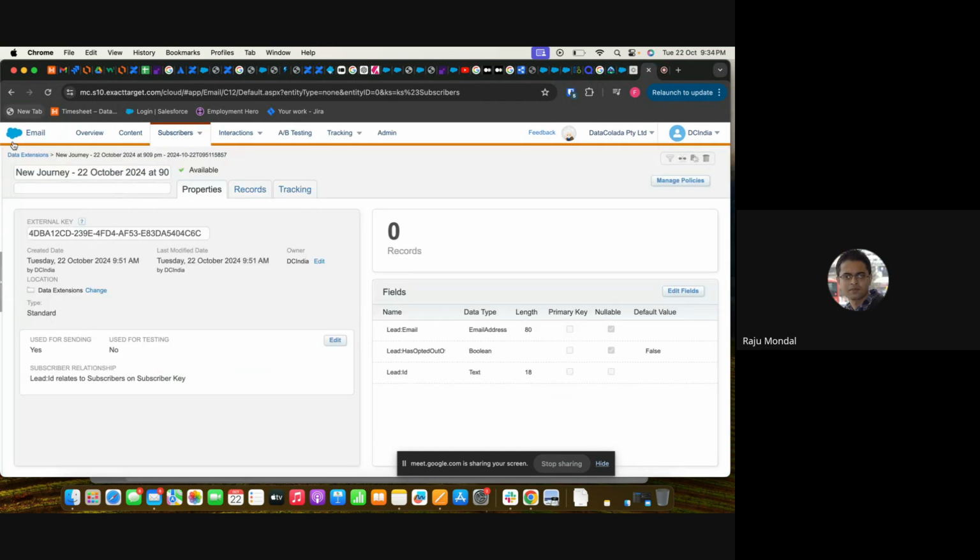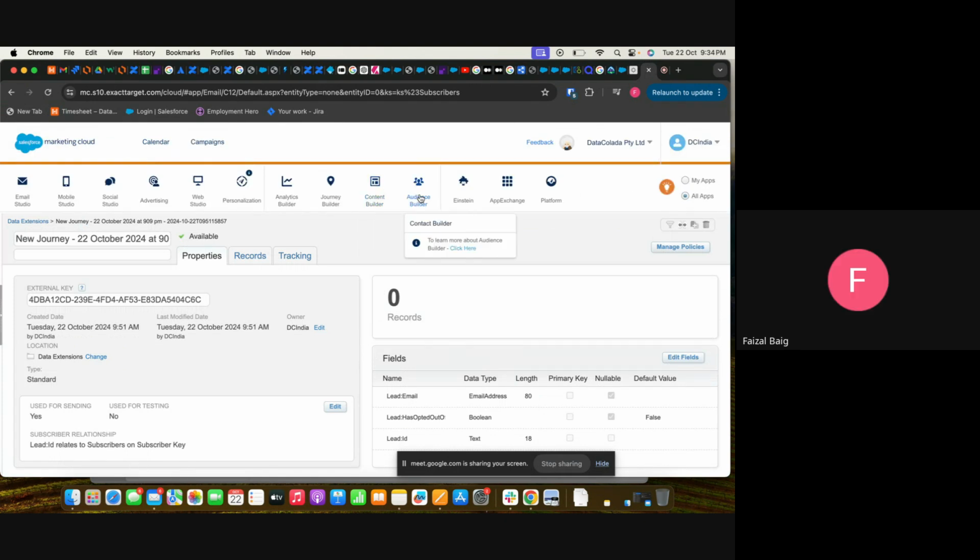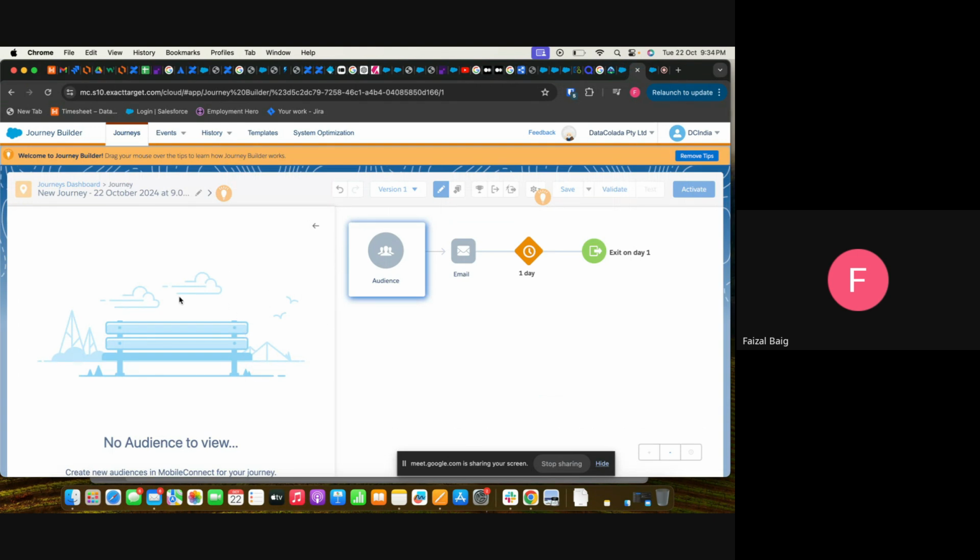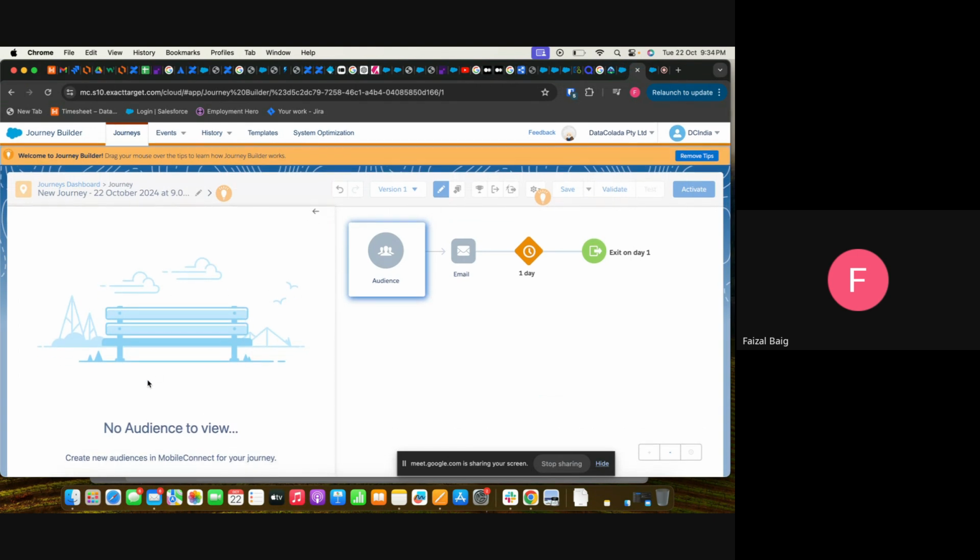So we have to create the audience, I think. Once that audience is created, it will be added here. This is the mobile connect journey. I guess we first need to connect the mobile, then add the audience according to it. Then we just select the audience which we have in mobile connect, and that will enter the journey accordingly.